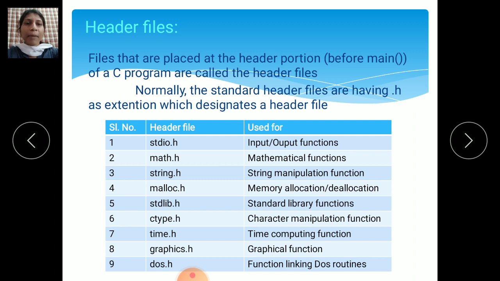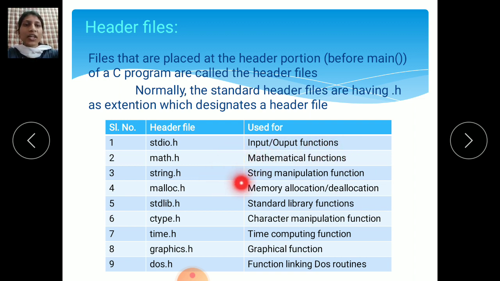If you are using math.h, what does math.h mean? If you are using any mathematical formula or mathematical functions in your program, for example the square root function, the power function, there are a number of functions. If you are using this type of function in your program, write math.h. If you have not written math.h, it shows an error for that formula, means it is not declared. So you should write the math.h header file when you are using mathematical functions in your program.